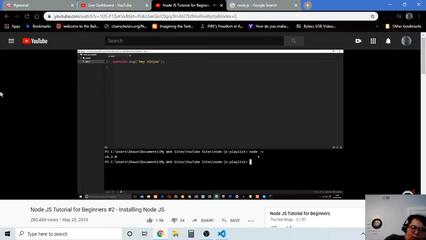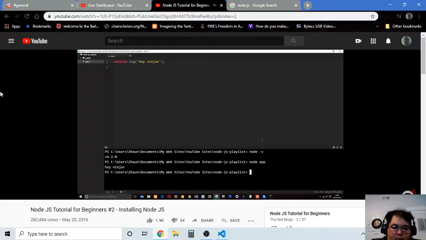So now, if I want to run this file in Node, what do I do? Well, I come down to the terminal and I write node, space, and then the file name which I want to fire or execute, which is app.js. And actually, I can just leave off the JS. I can just put app, the name of the file. Click enter, and that's going to run this file for you,